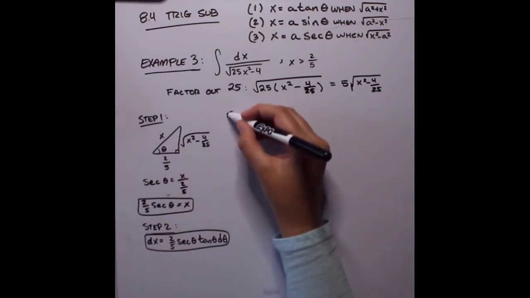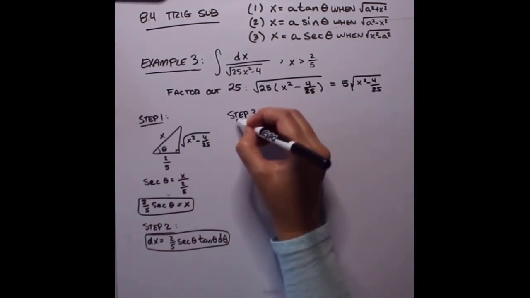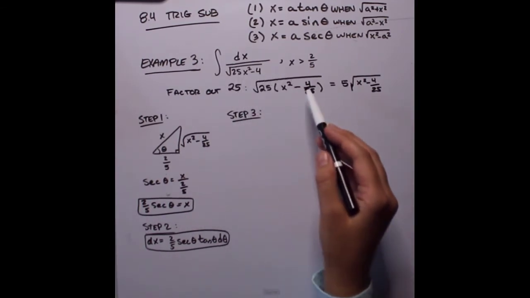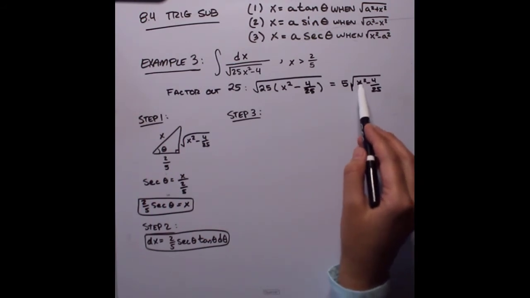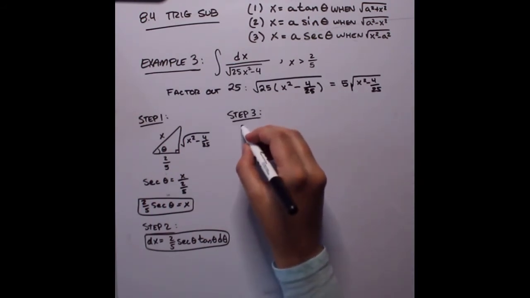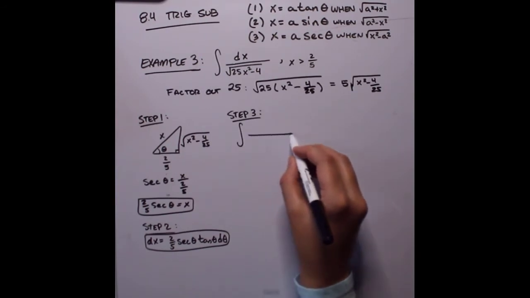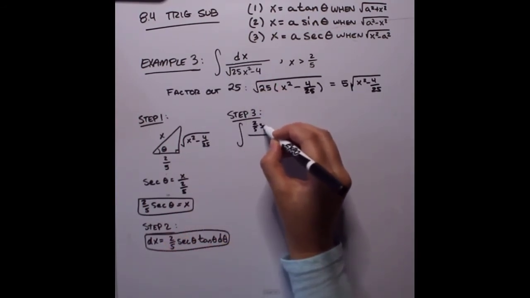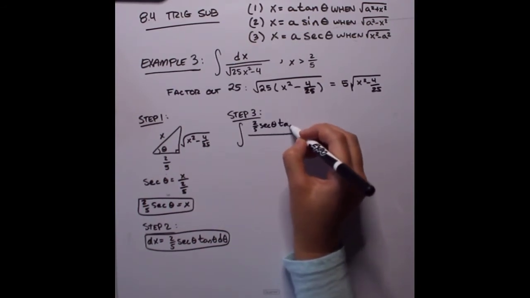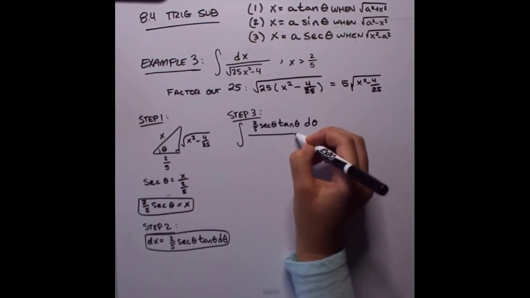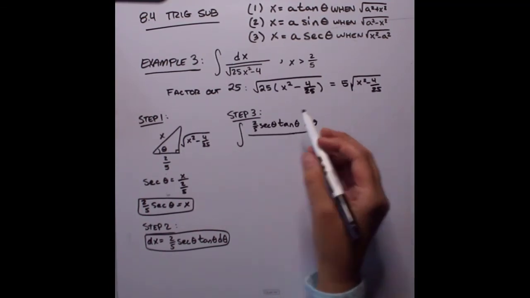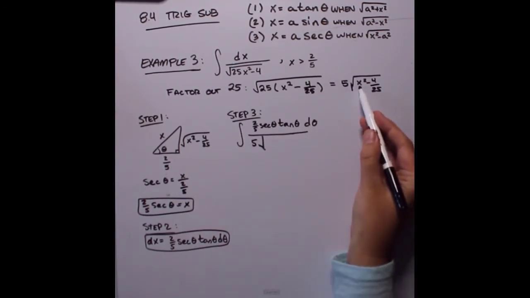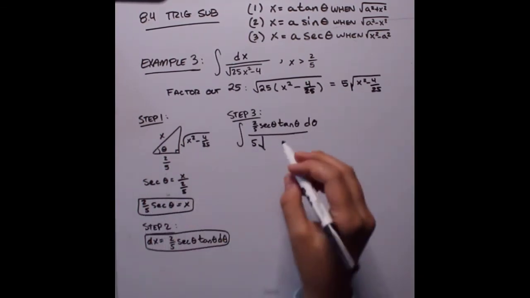So we're moving on to step 3, which is to substitute and simplify. Substituting into our integral, we're going to use this version of it because we simplified it. So we have the integral of, I'll go ahead and just leave the dx on top, so this whole quantity is going to go on top: 2/5 secant theta tangent theta d theta. And on bottom we have 5 outside the square root times the square root of x squared, and x was 2/5 secant theta